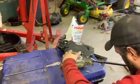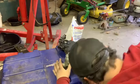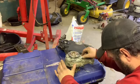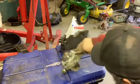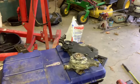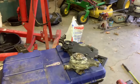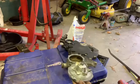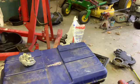What the hell? All that Permatex has got it glued on there. Heat it is. That did the trick. Look at that. That is a brand new pump. I'm gonna go ahead and